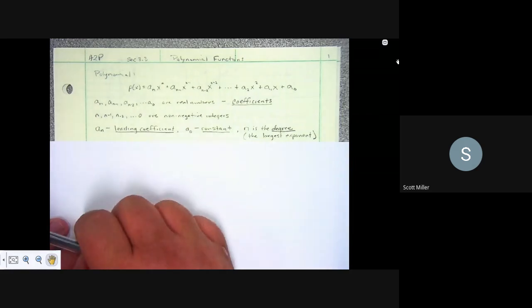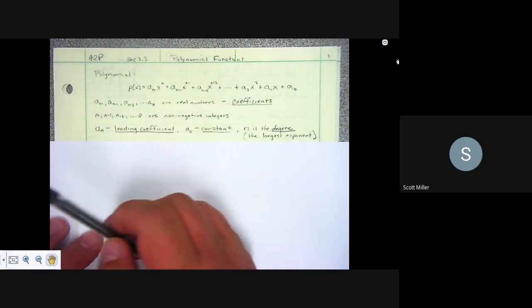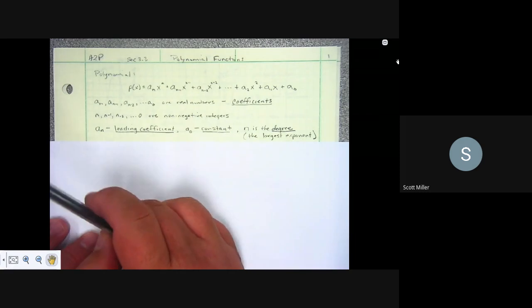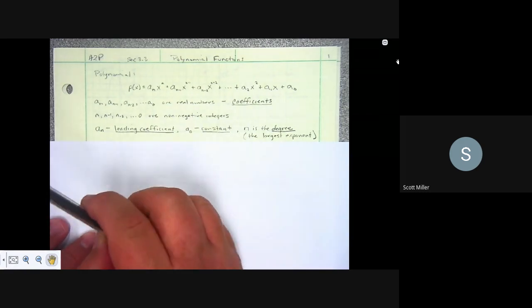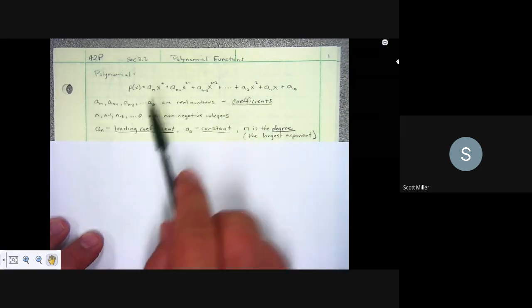Some of the polynomials that you may have heard in the past, you had the binomial from Algebra 1, which means there are two terms. The trinomial means you had three terms. The monomial, you had one term. So a polynomial is many terms. Since I can have as many terms as I can even conceive of,